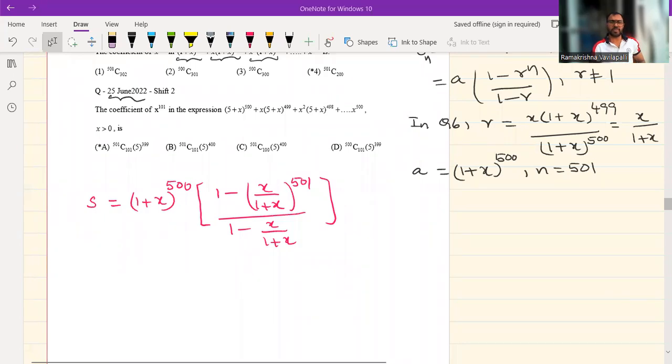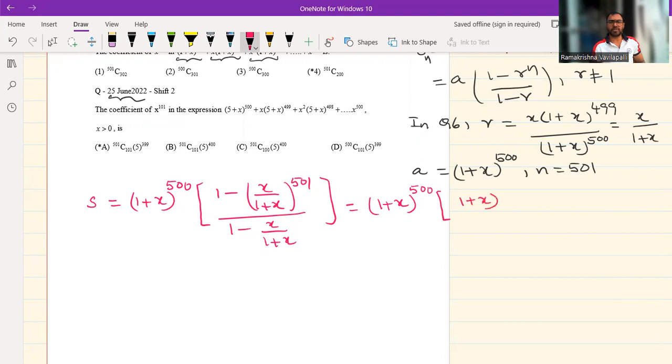So we need to simplify this. This is equal to (1 plus x) power 500. Here you have to take the LCM: ((1 plus x) whole to the power of 501 minus x to the power of 501) whole by (1 plus x) whole to the power of 501 into,